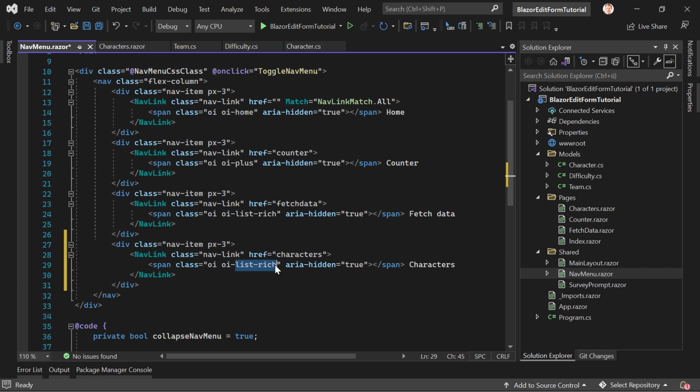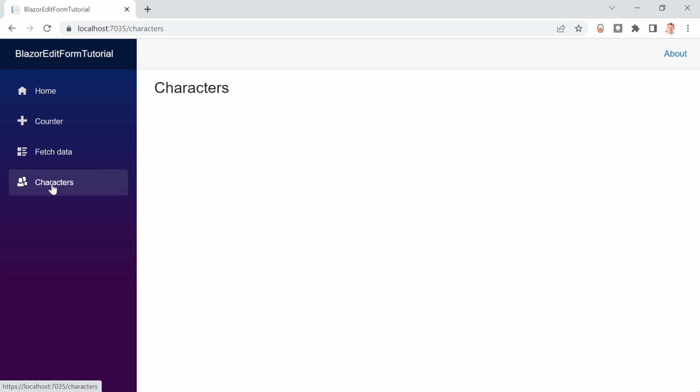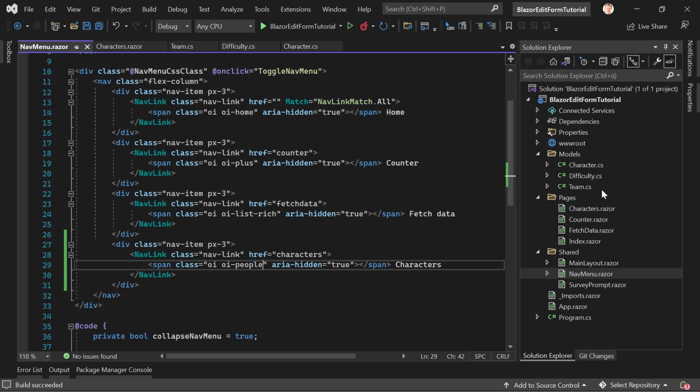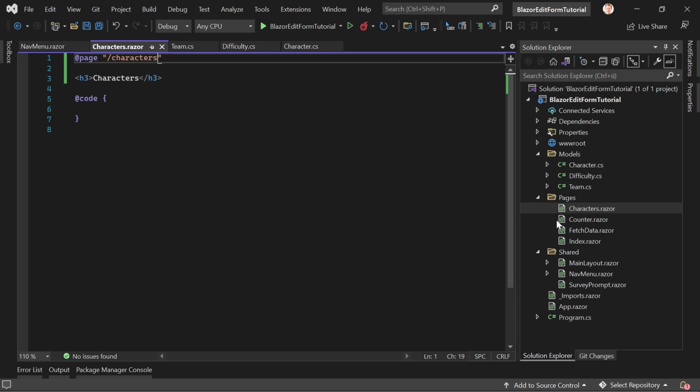And there is a people icon. Let's try this real quick. There it is. We've got our characters here. Beautiful. So this is the page. It works awesome. So now the next thing I want to do is we go to the characters page, and